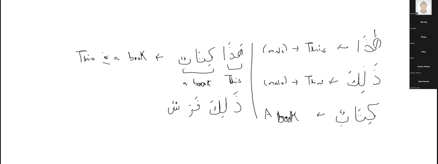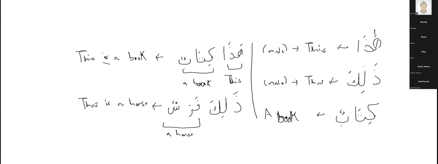So dhalika farasun, that would translate to that is a horse, right? Farasun is a horse,